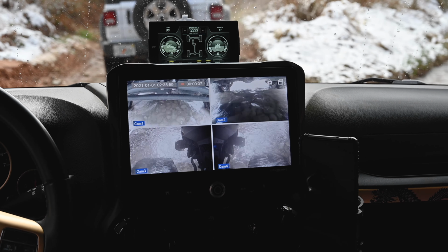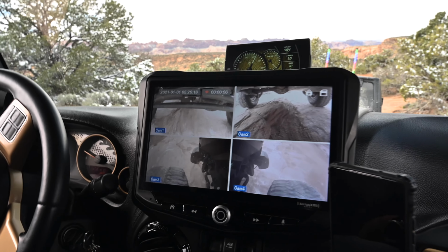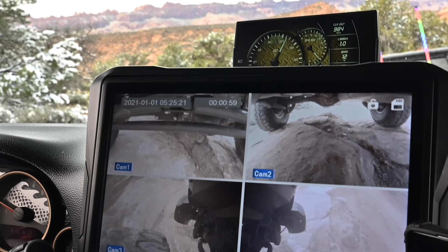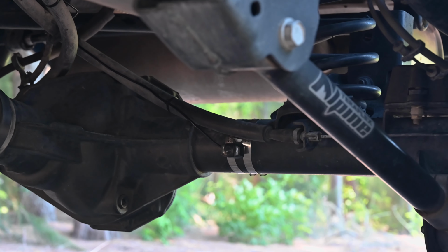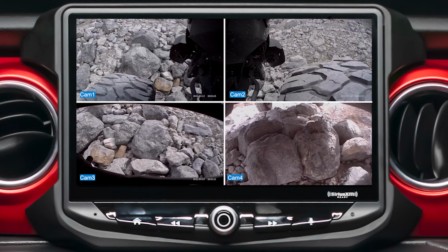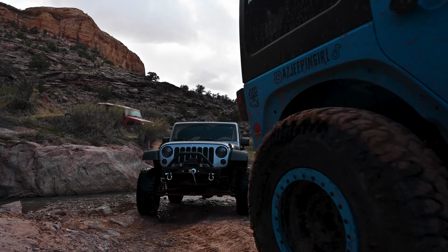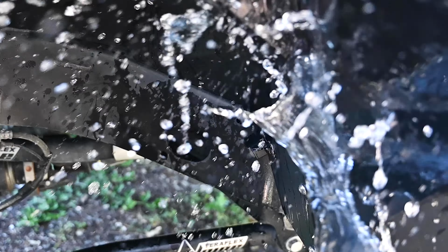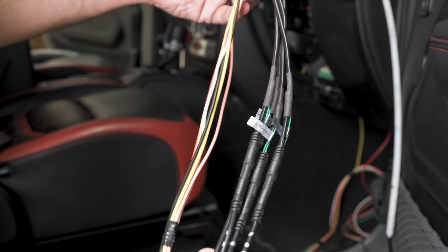Introducing the Terrain View camera system from EMUBCAMKIT, a universal, underbody, 4-camera kit with a built-in DVR. Terrain View allows you to add 4 HD cameras to any vehicle and record all 4 video feeds simultaneously. This universal kit includes 4 trail-ready IP67 rated AHD cameras and all the wiring you need to connect them to